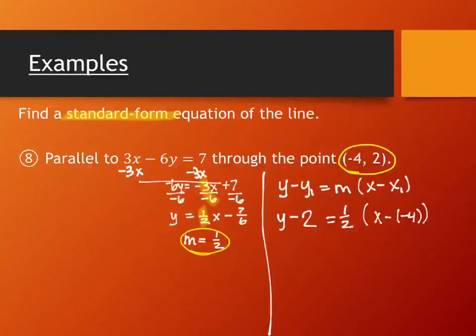Now, I do, in fact, need to distribute this through. I'll do that. But remember, my goal at the end of this problem is for it not to say y equals something, but for it to have the x's and y's on the left, and then anything without an x and a y, a constant, on the right. That's my goal at the end of this problem. So as I simplify this, I'm going to be doing things a little bit differently than I did before. So I have y minus 2